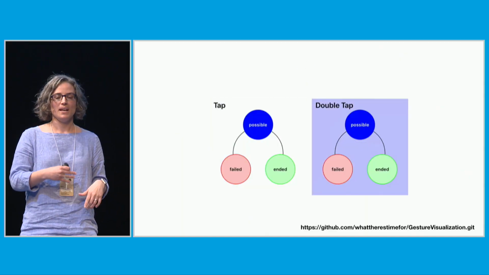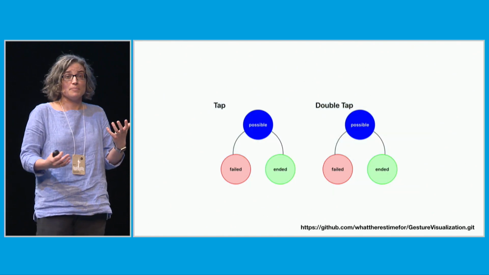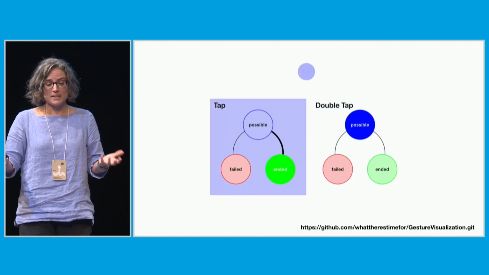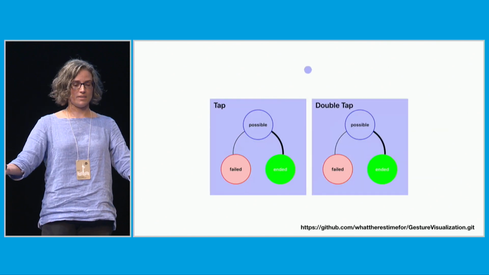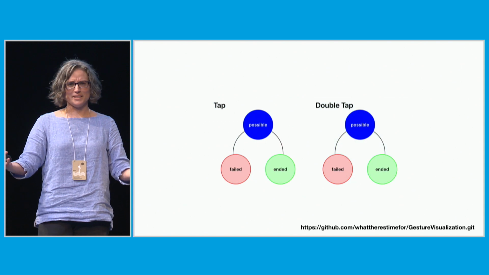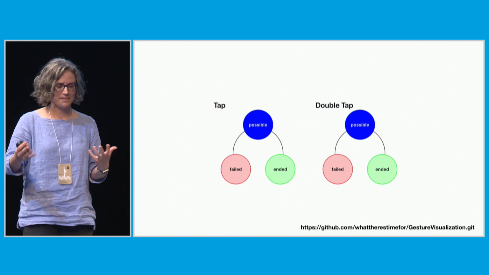I know I'm talking about pans, but this is going to be easier to illustrate if we go back to the tap and double tap again, so that's what we're going to do. And in this case, you can see when a double tap comes in, the single tap sends its message right away when it gets that first tap, and then you get the message also from the double tap gesture. And this might be great for you, it might work, but if you're trying to do something completely different with a single tap and a double tap, it's going to be a little irritating to have to deal with the fact that you're going to be getting messages from both and not quite sure what you should